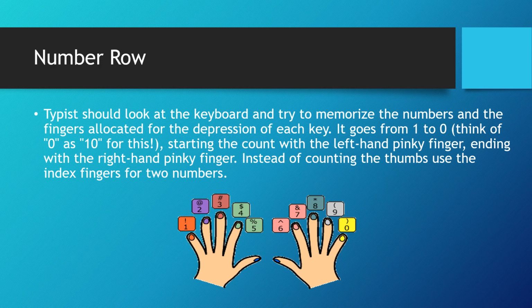The major thing is that a user needs to learn all the key arrangements, and the user needs to arrange their hands on the home row, and from the home row a user can move up and down. For moving upside, the left hand fingers ASDF will be used for keys QWERT, and for the right hand YUIOP. And for the bottom row, the same fingers ASDF will be used downward for ZXCVB, and for the right hand N, M, comma, full stop and slash.